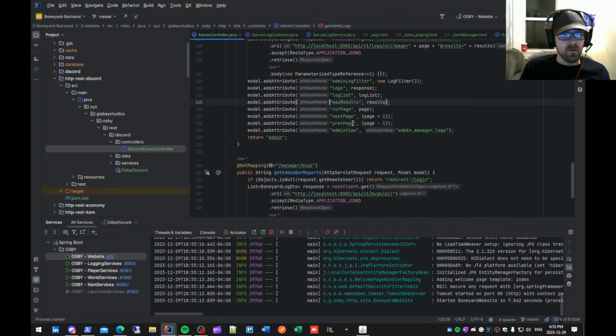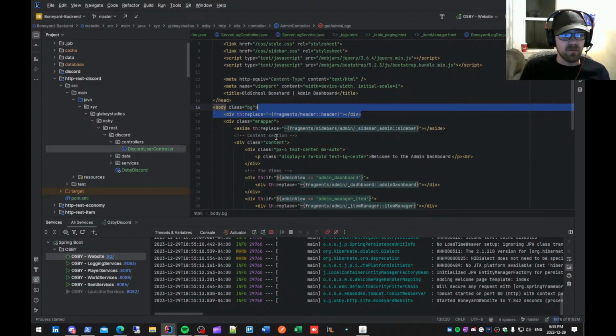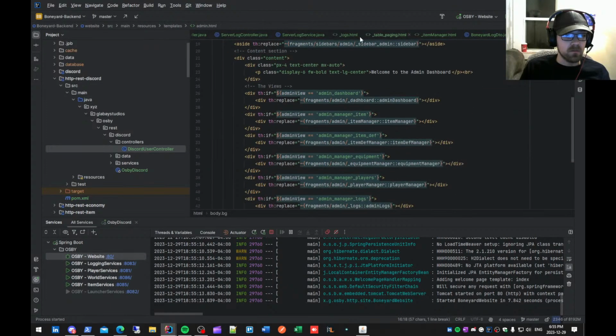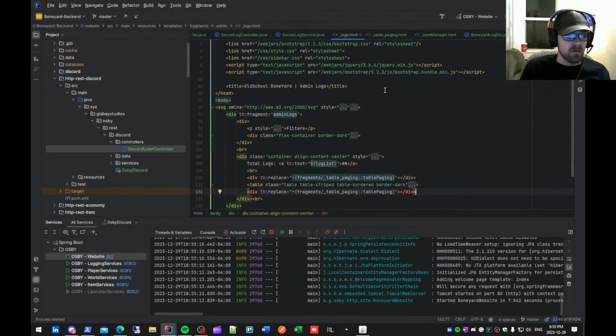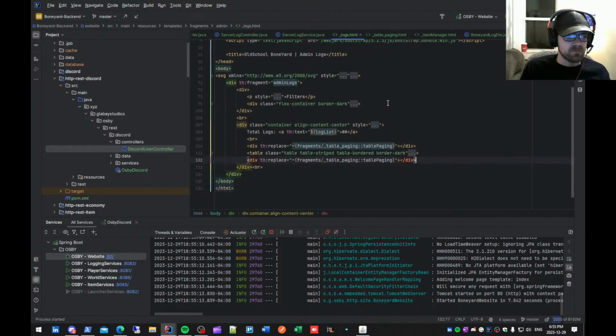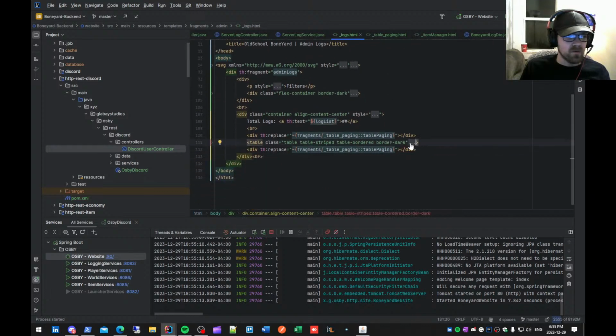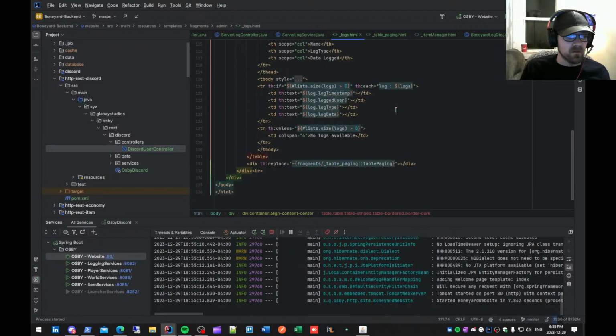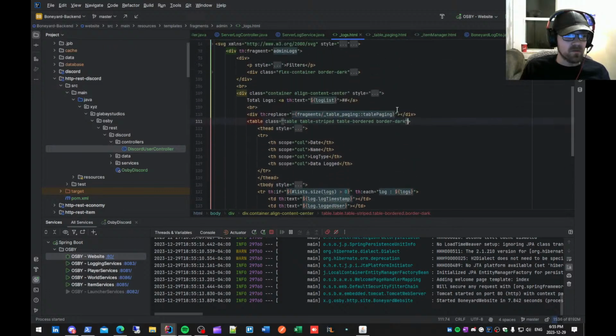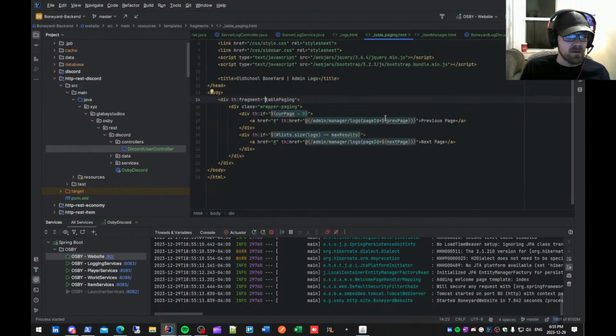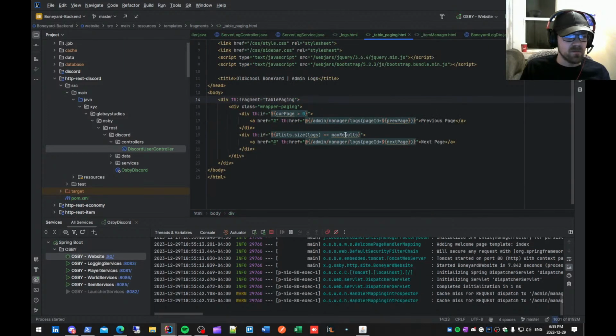Which, if we're looking at the actual max results, if we go into admin logs, I'm not actually using that max results anywhere other than table pending. I'm using it here. So now this should also